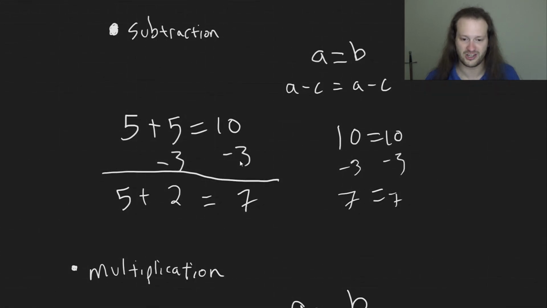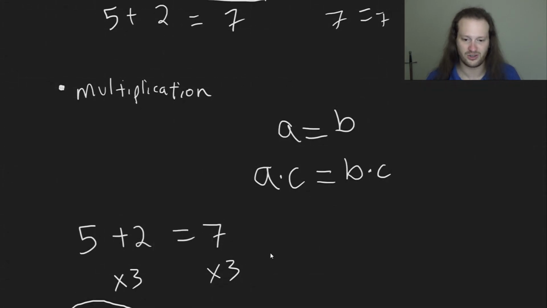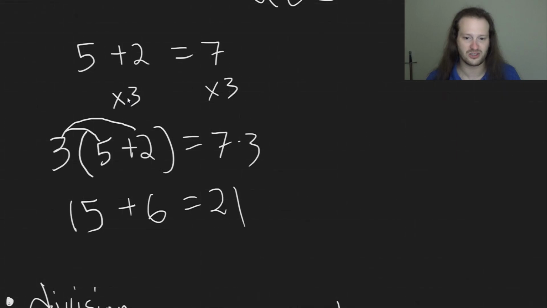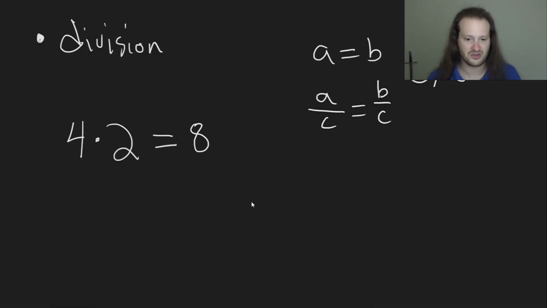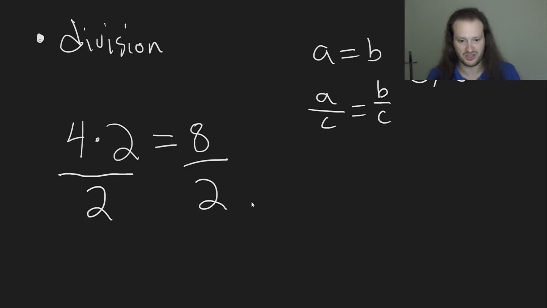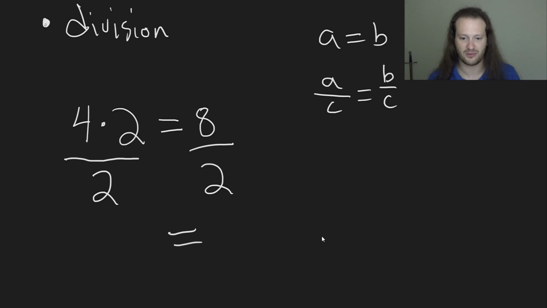With the addition and subtraction, I wrote them down like that. Here, it was a little easier to just slap it onto the sides. And here, I'm definitely not going to use the division symbol, like I said. So you can just put a little line right there saying that I'm dividing both sides by 2. This is something that I want to do to this equation. 8 divided by 2 is 4. 4 times 2 divided by 2. Well, I could just cancel out